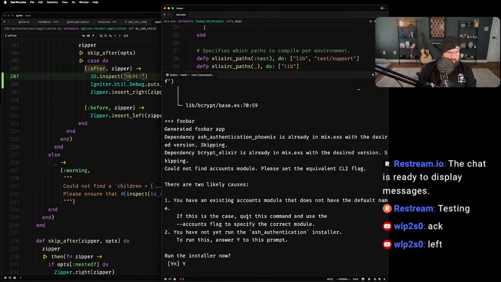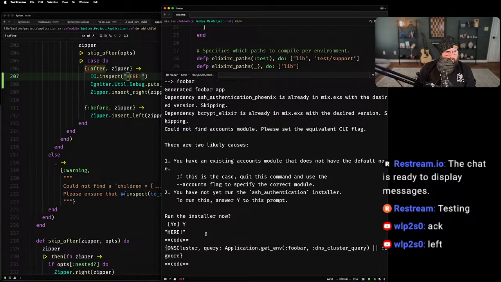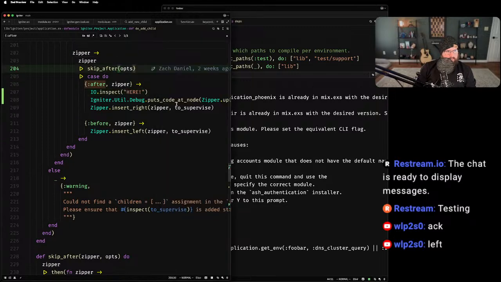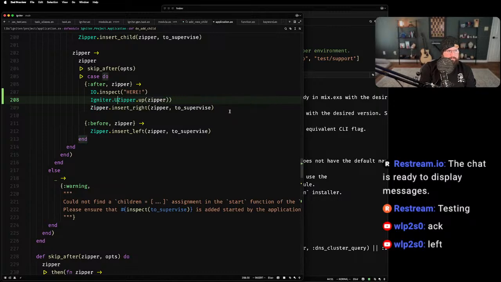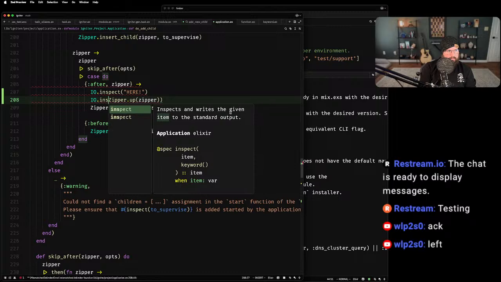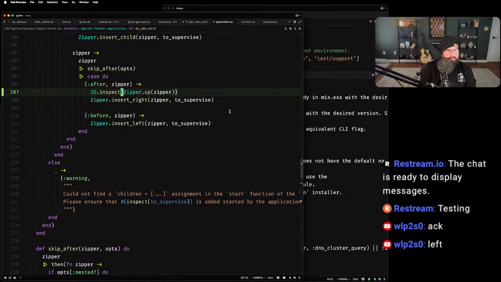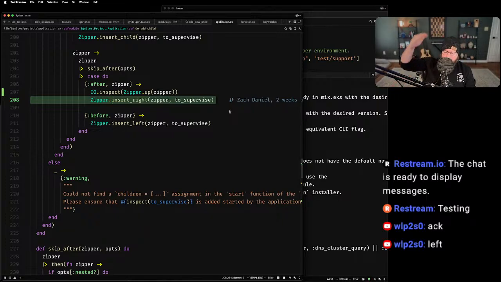Okay, so I'm still trying to figure out, interesting, that zipper.up. Okay, let's actually just not look at the code. I think I know what's going on. We have all these high level wrappers over zipper functions because insert right is a low level operation when really what you want to do is add a sibling. And that sibling means that if the parent is a single child block, then it's really like a value. And the sibling, you want to go up even further.